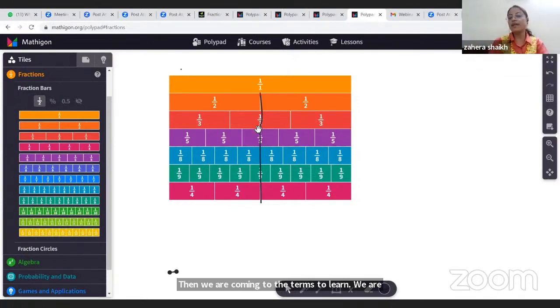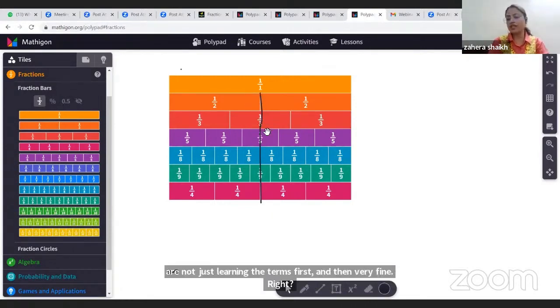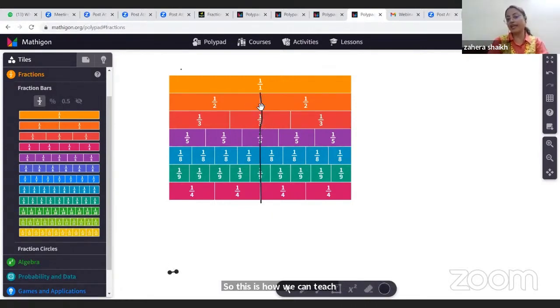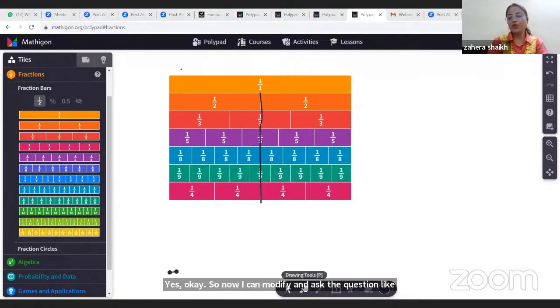So this is how we can teach them. We are not going to teach, they are going to learn themselves what exactly they are learning. These are equivalent fractions. They will never forget the term equivalent fraction if they learn by themselves. Okay. So now I can modify and ask the question like comparing the fractions, how we can use the